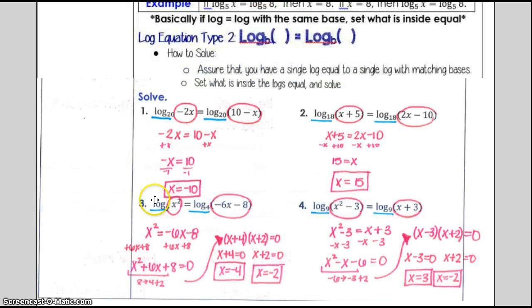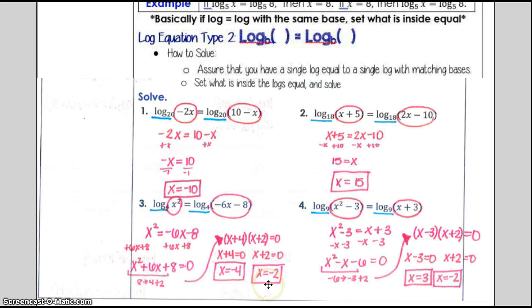All right, so let's go ahead and check these last two. So the logs are the same. So we're going to put the x squared equal to the negative 6x minus 8. Notice that we have something that's squared, so we want to get everything to one side. So these last two were quadratics. Hopefully you caught that. If not, let's talk about it. So everything to one side since we have that x squared. So now everything's on one side equal to 0. Factors of 8 that add to get 6, 4, and 2. So put an x plus 4 and x plus 2 equal to 0 to get our answers of negative 4